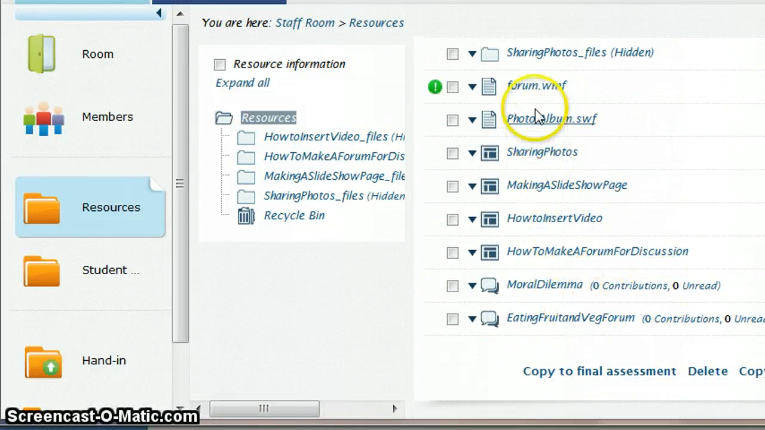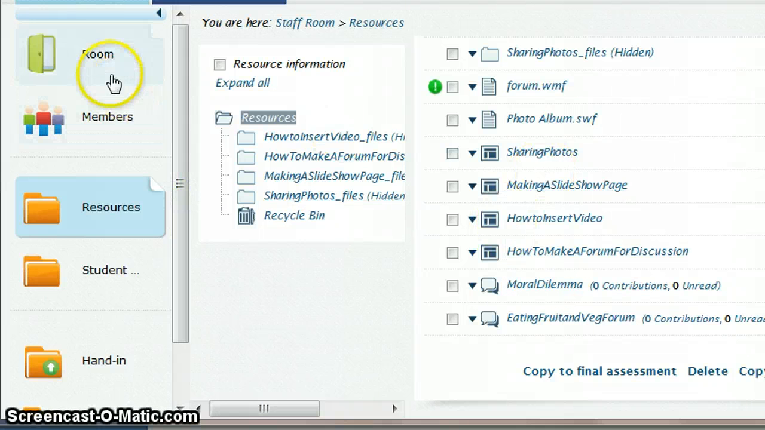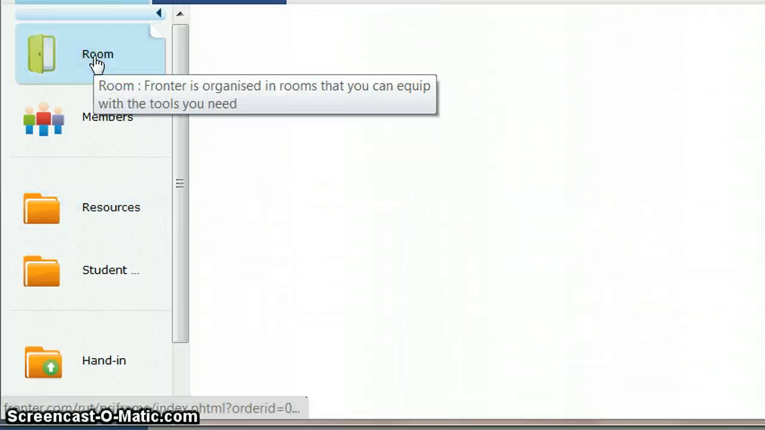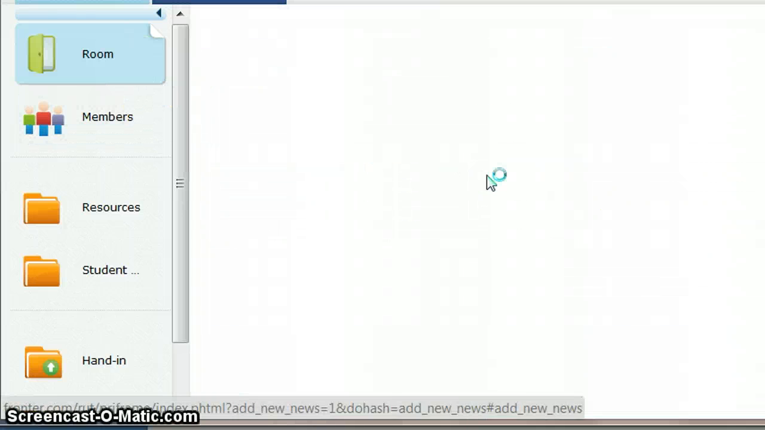files in our resources folder. So we've got these pages which are ready to show people, and we've got the forums here that we've set up, and now we just want to make people aware or use those resources. So under Room, wherever Room is, Room should mostly be at the top. I'm just going to click New Message,